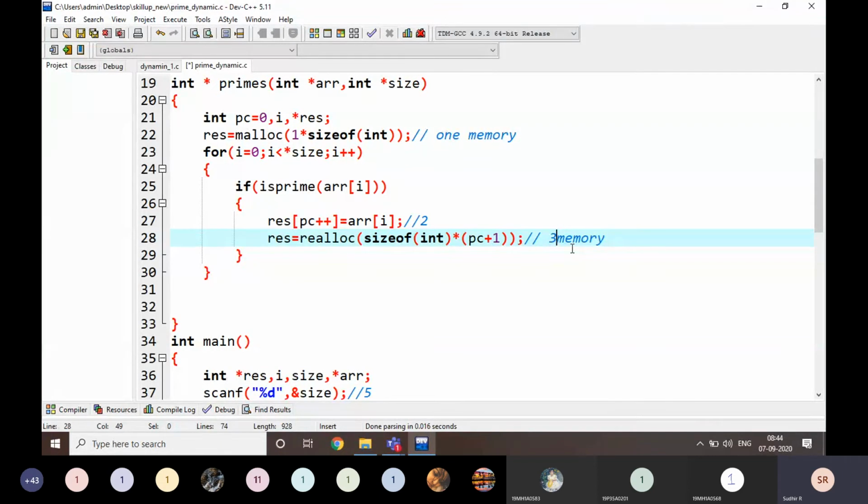Is my point clear to everyone or not? It is a very important line. I am allocating memory dynamically. Very important one. That's it, nothing else. Remaining everything is the same, nothing else. For example, after these two lines, I am going to print, that's it, nothing else.